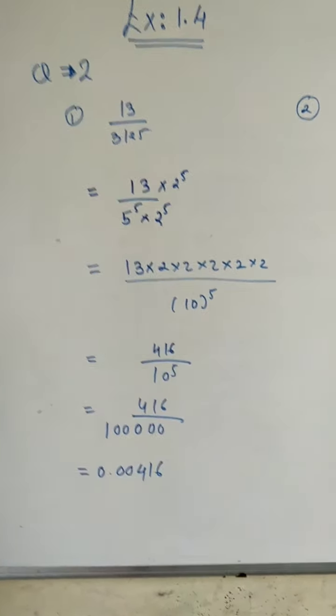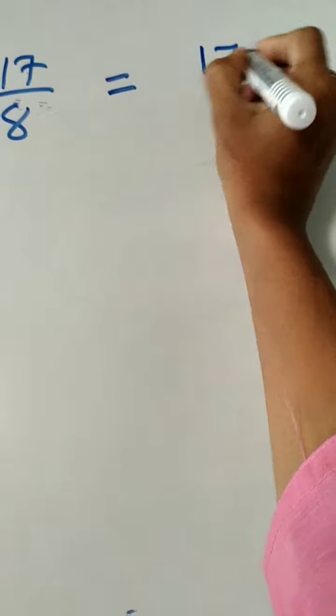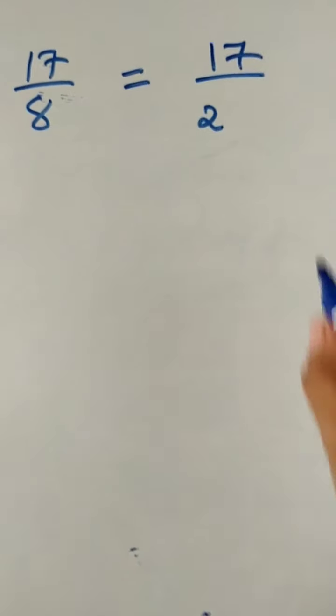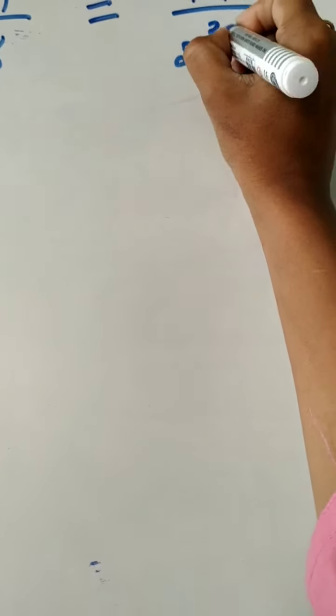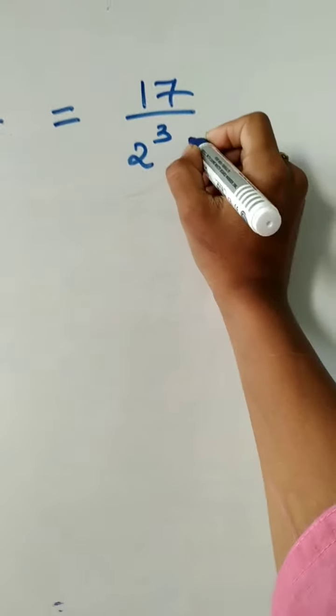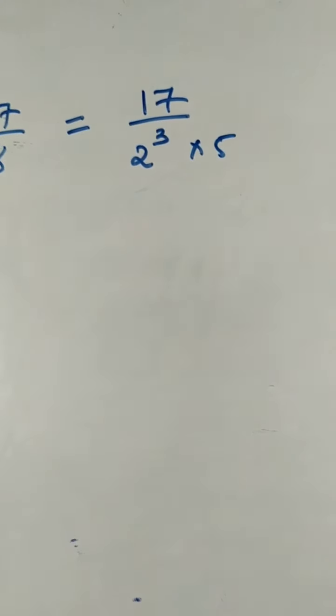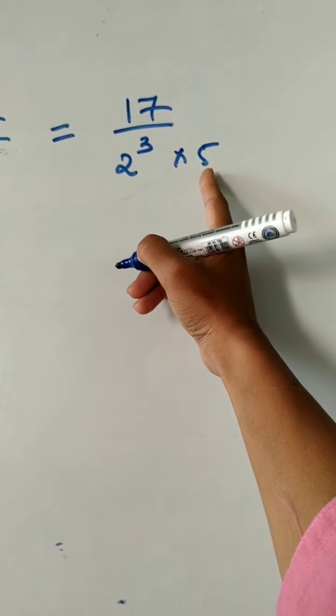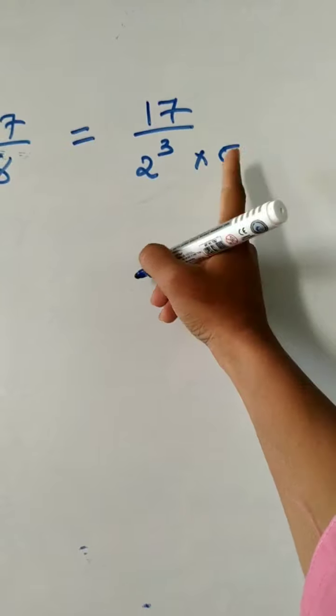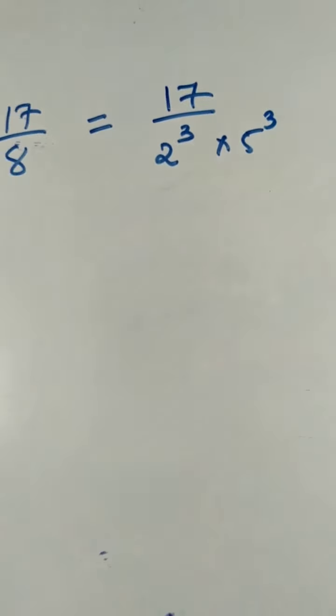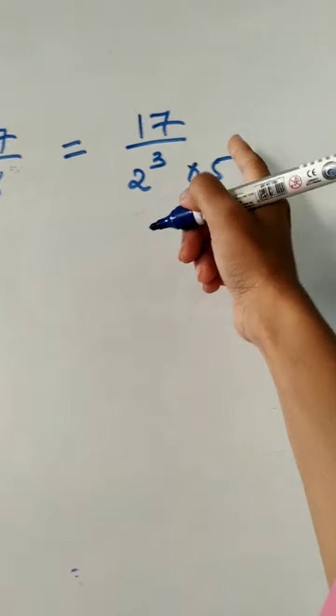Now here we will do question number 2. In that, from the earlier question you just have to write it in the form of what? It is in the form of 2 cube. So here what do we want? We want 5. To make it 10 we want 5. But as I told you, the power should be the same. So we will write 3 over there, to match the power.